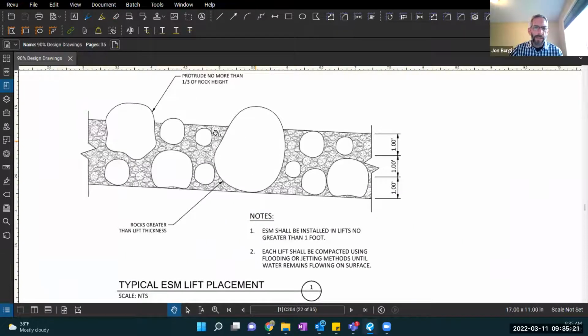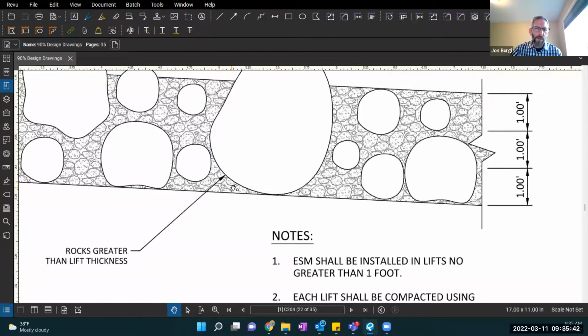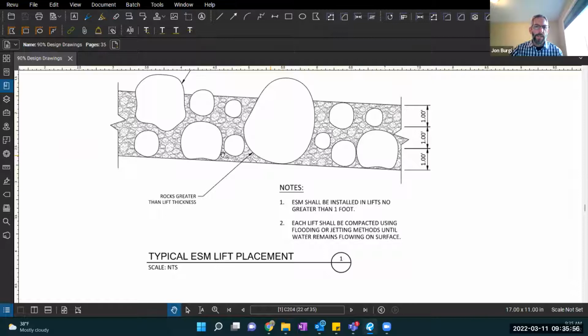This other one here just highlights how this ESM goes in. The idea is you place these big rocks first, and then you bring in this smaller stuff a foot at a time, and you do this flooding or jetting as a way to get the sediments to really sink down in. And when you've got big rocks, how do you get sediment down in here? How do you get material down here? That flooding and jetting is a process that contractors use, using water to get that material down in there. And then the idea is that as they do that and step up in 1 foot lifts,